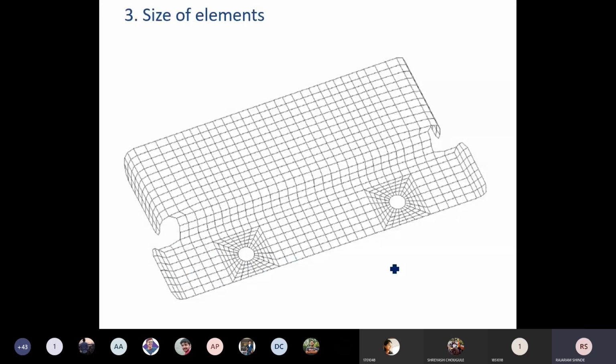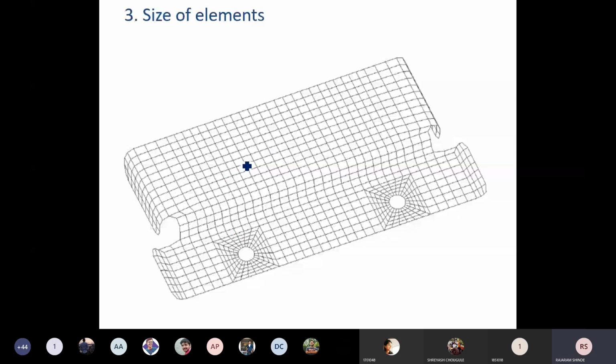Now, how we can optimize this meshing? Here, at critical locations, that means where there is a stress concentration or where there is a high heat flow rate, at that location you have to use smaller elements, and on the uniform regions, you can use bigger elements. Okay, smaller elements are capturing more accuracy, or giving more accurate results. Now that accuracy we need at the critical zones, but at